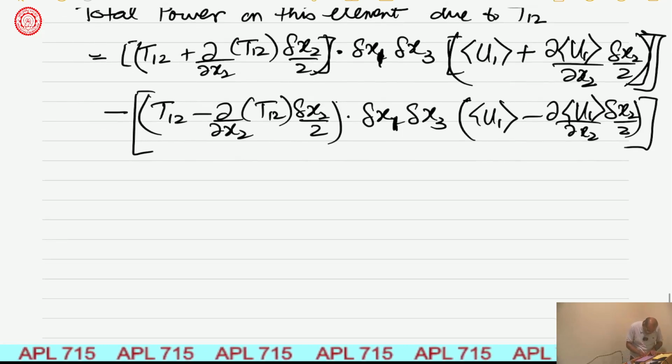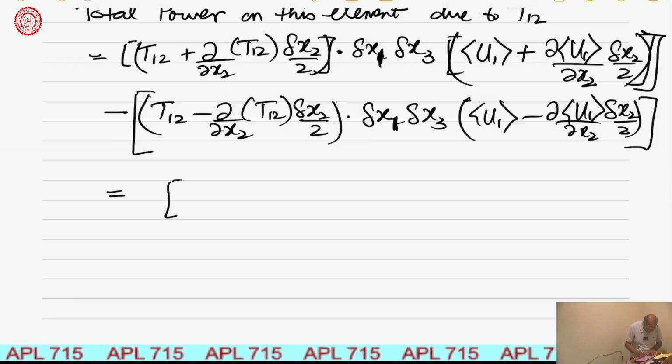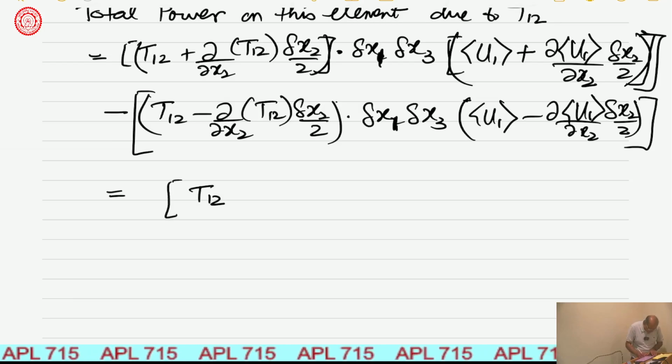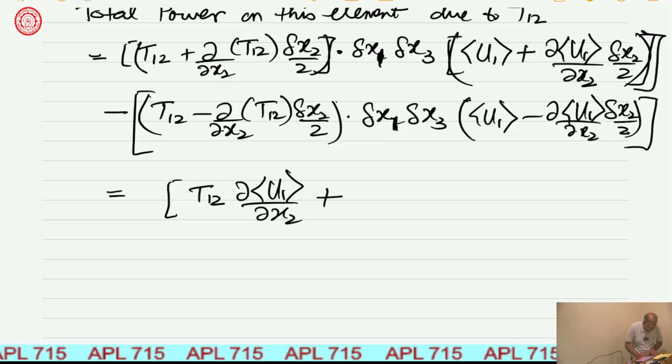And this, when I do my algebra, leads to T12 partial u1 by partial x2 plus